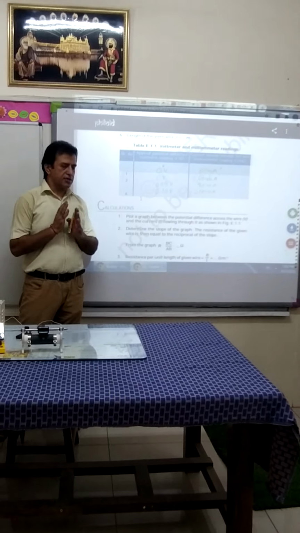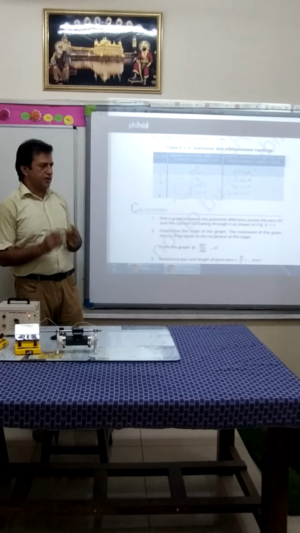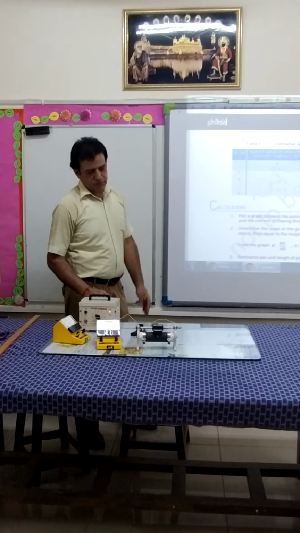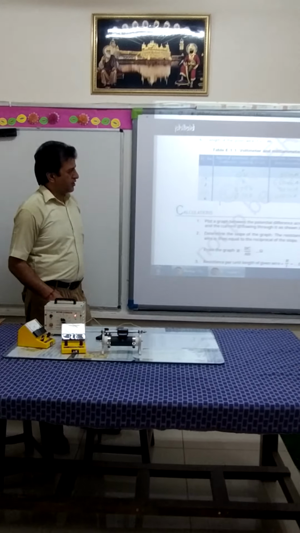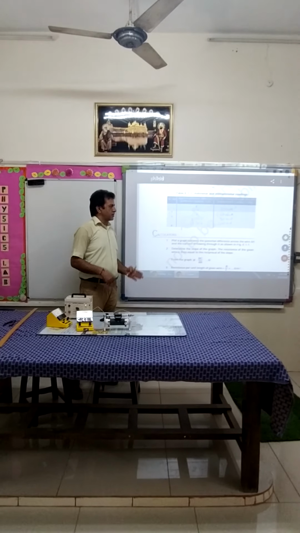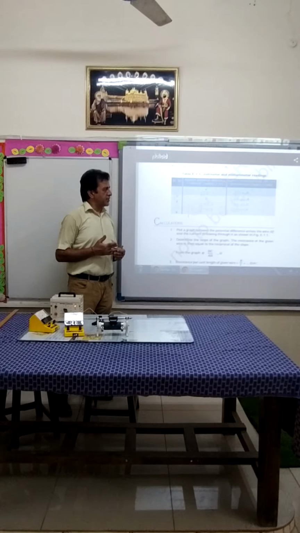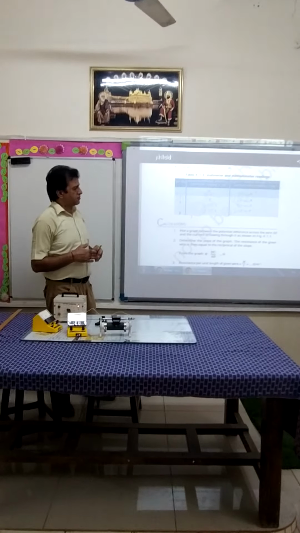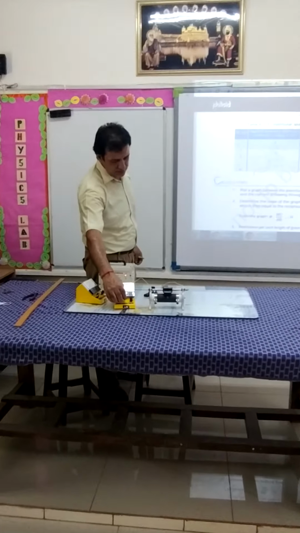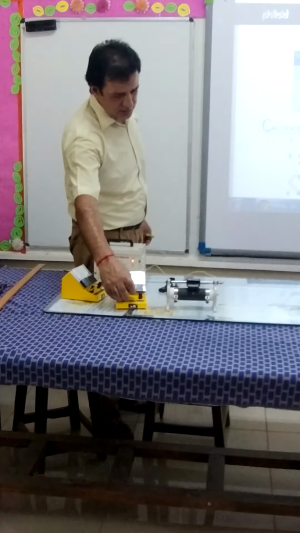So we have to consider only those readings which make the graph very straight, because the physical conditions may vary, they are not giving a particular range of readings for a particular value of the voltage. And second, the wire may be getting heated due to the flow of the current, so the resistance of the wire